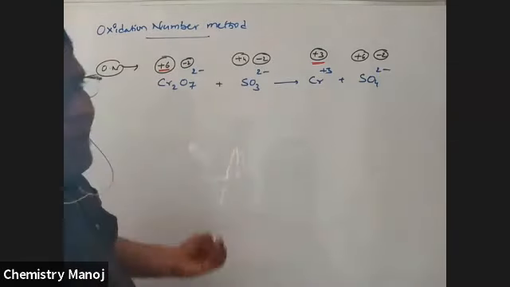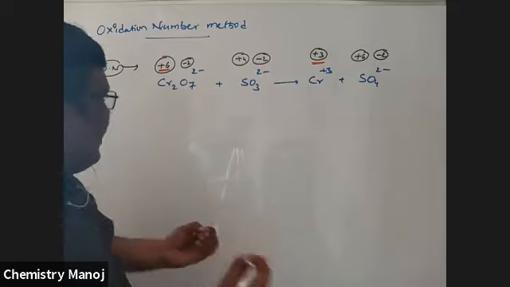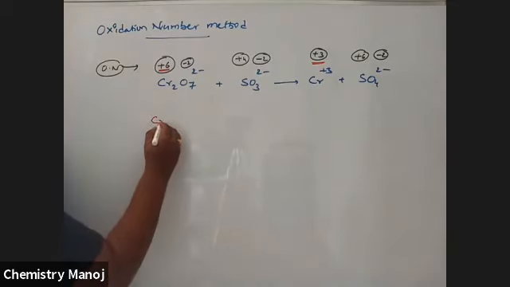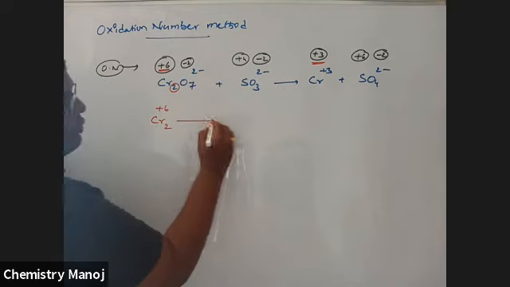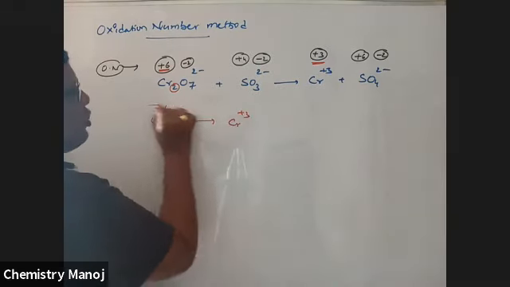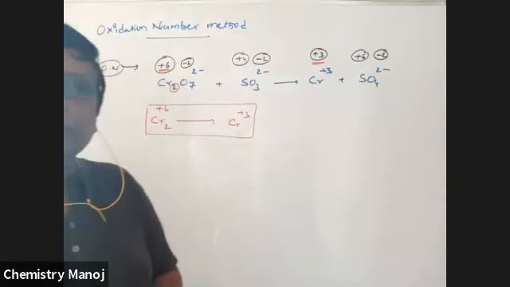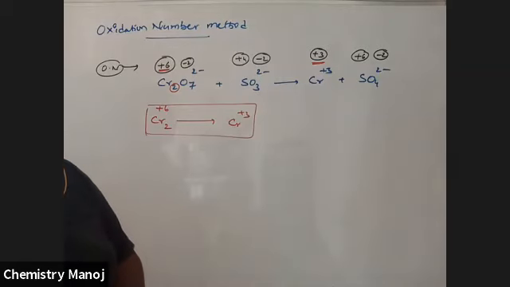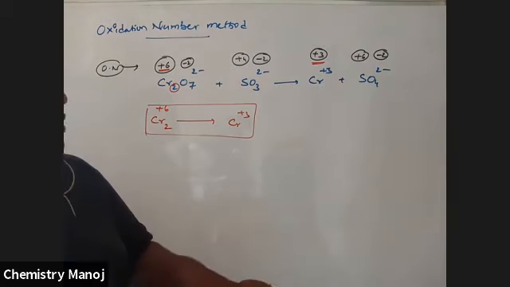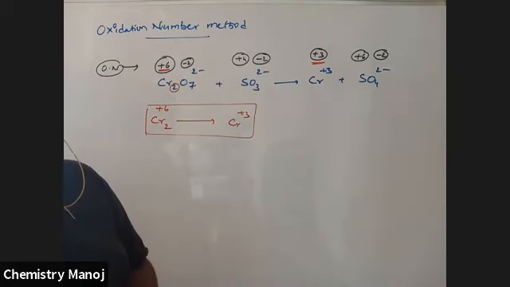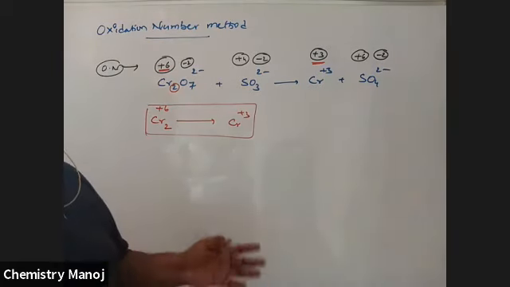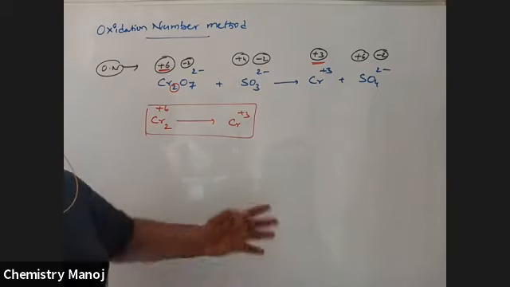So bring those two elements only to the bottom. That is Cr. How many chromiums are there? 2. Cr2 +6 changes to Cr +3. Collect only those two elements. How can we find oxidation number? The oxidation number calculation is already completed, my dear boys. It is the continuation class. It is not possible to solve that concept right now because it is an entirely different topic. It requires one more class, so it will be later.